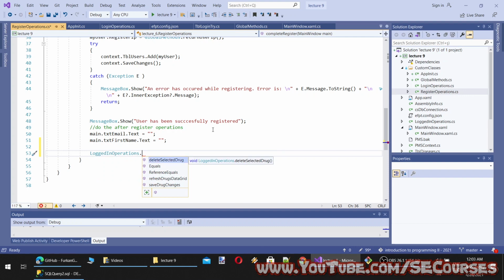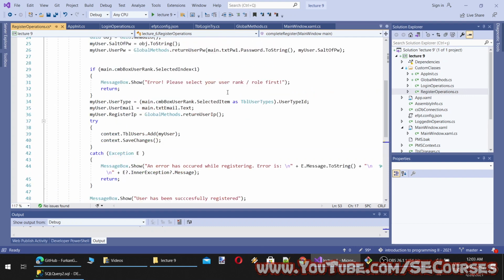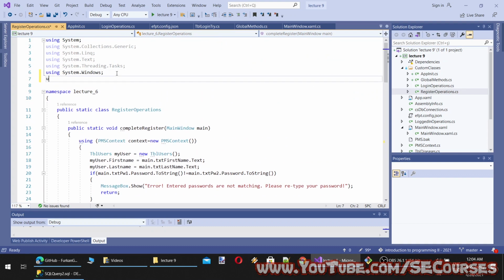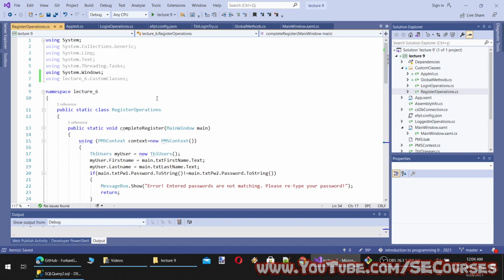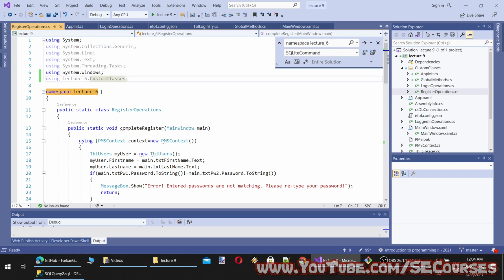Login operations, and okay, it is inside custom classes, so let's add that using lecture 6 custom classes. You see lecture 6 is not changed. I mean the namespace, I could change it that easily, but I won't touch it right now. Or maybe I can show you. You just need to Control F namespace lecture 6, or actually lecture 6, because we don't have anything else with that name, to lecture 8.